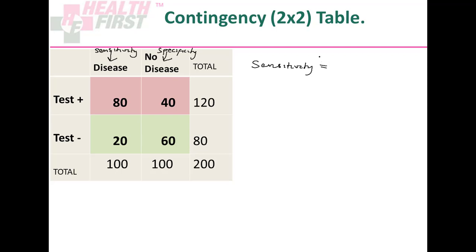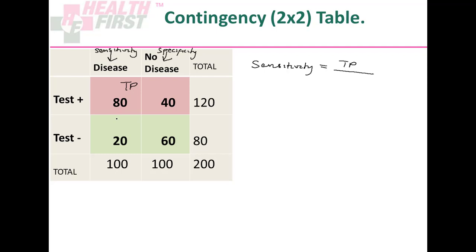So we are interested in diseased individuals that are correctly identified. So that means that we are talking about the true positive rate, right? So the true positives are within the individuals with disease, and they are in this category